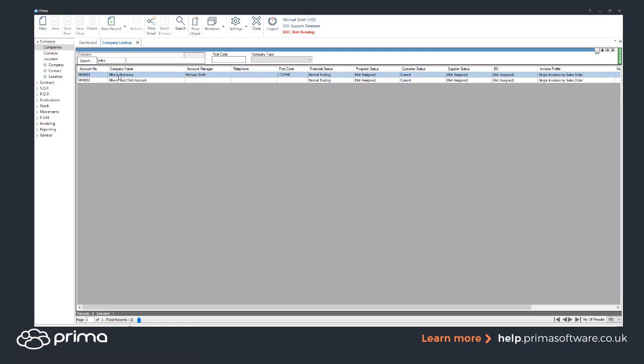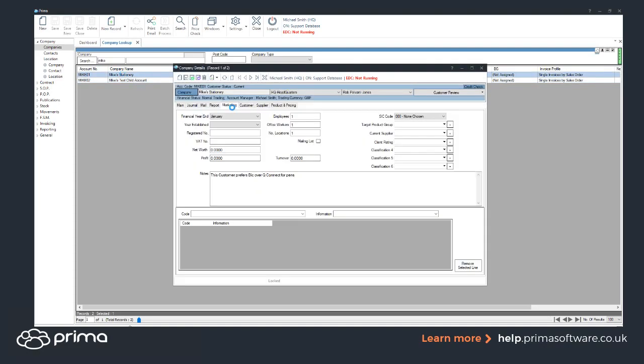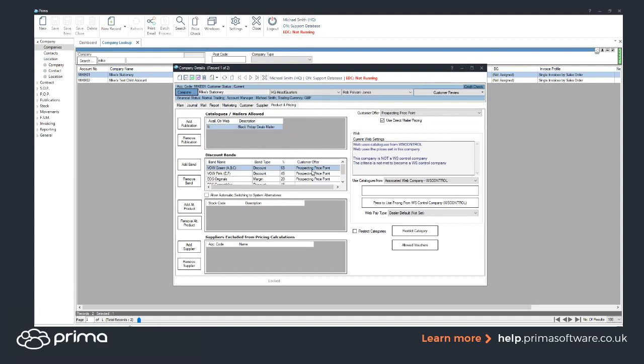Myco 1 could be a company that you want to be specifically margin based, but then for Myco 2, you want them to be discount based when it comes to the pricing. Now at the minute, there's no way for you to manage that unless you set it up through a mail or whatever. But now, in the latest version, if we go into the company, or if we go into the product and pricing, if I just remove this customer offer,